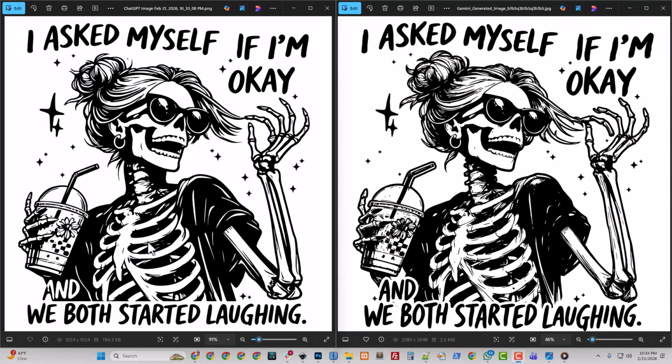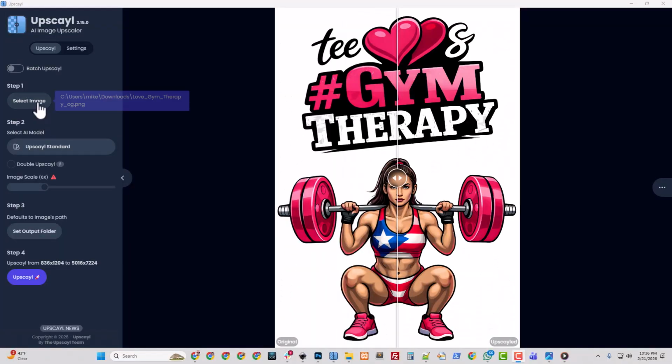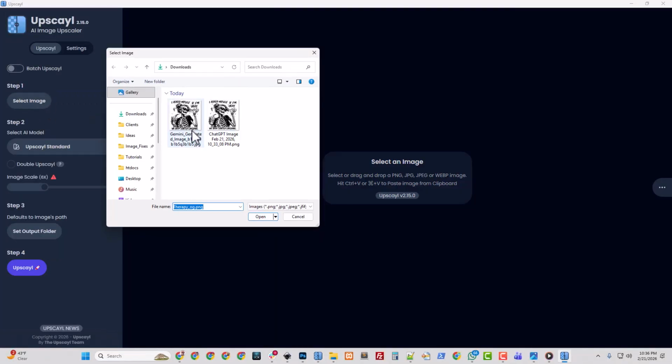Now, look at this rib cage. Look at how this is just so much more telegraphed than this messy rib cage. It's like Gemini couldn't figure out what was happening over here. But over here, if I was grading your artwork as your instructor, I would say this is a better, cleaner representation of the rib cage. Okay, let's upscale them both. All right, let's name them.